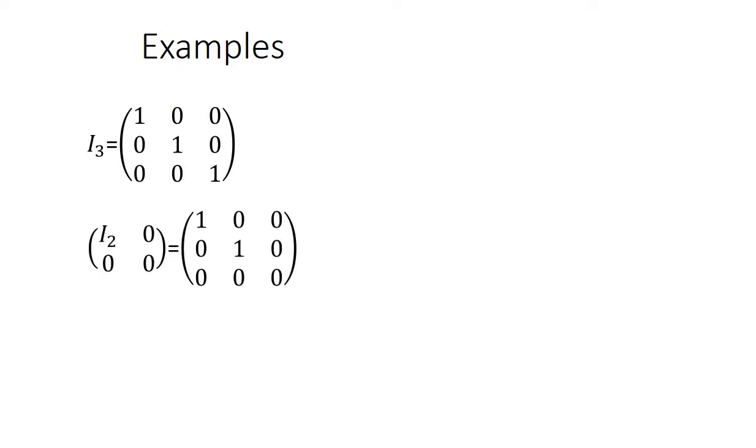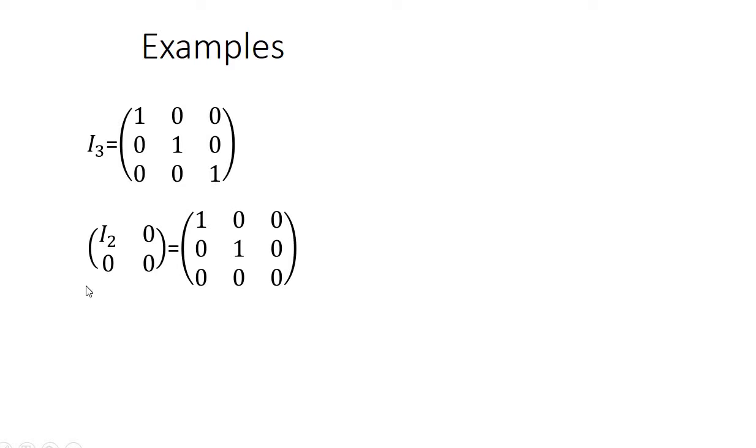Now let me take up some examples for I_r 0, I_r 0 0. So what are these things? See, I3 means it is a unit matrix of 3 by 3 order. So it is 1, 1, 1, only diagonal elements are there, and the upper part of the diagonal and the lower part of the diagonal are zeros. Then another second example, I2 0 0. I2 means it is a unit matrix of 2 by 2 order. So only in this part the diagonal elements are present, 1 1, 0 0, like this.